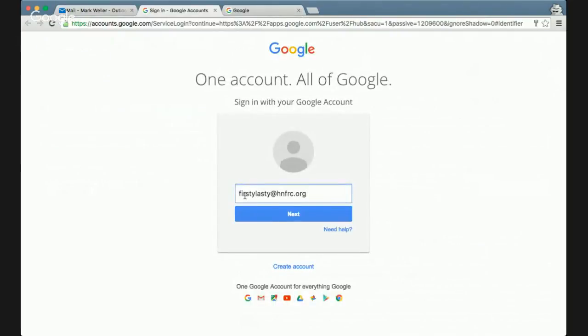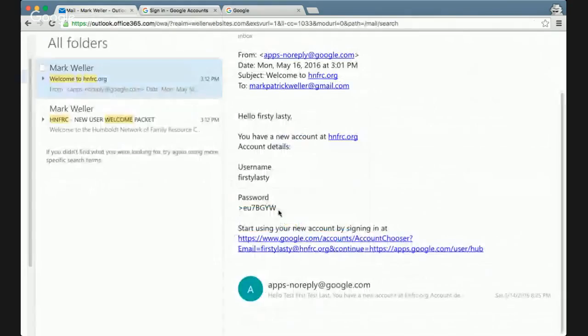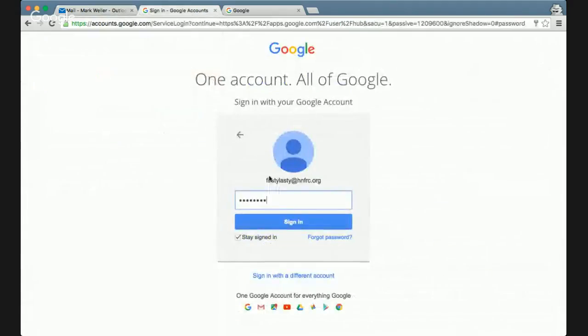As you can see, my username will be my first name, followed by my last name, @hnfrc.org. I'll click Next. Now it'll ask for a password. I'll go back to my email. I will highlight and copy the password from my original email, and then I'll log into my account for the